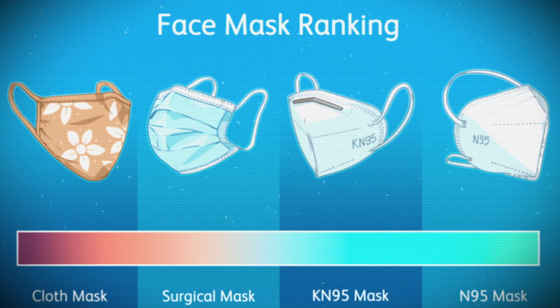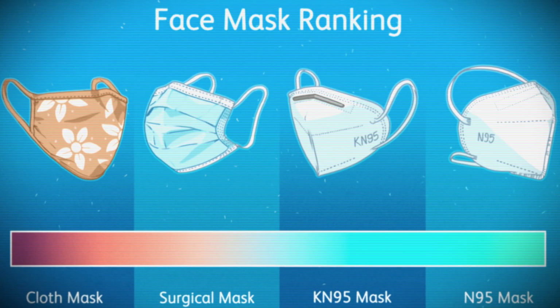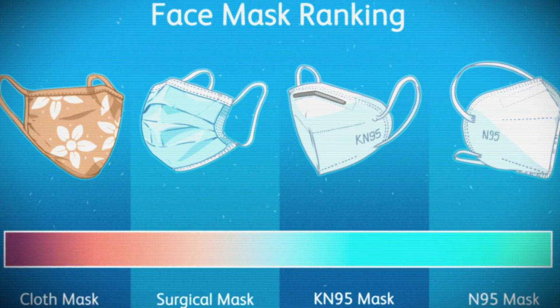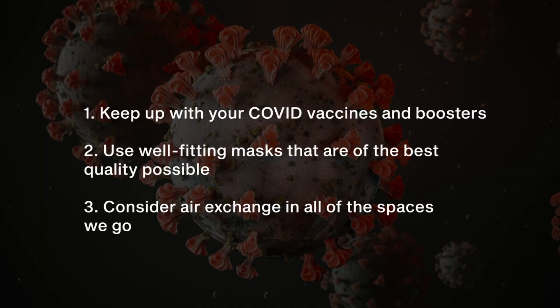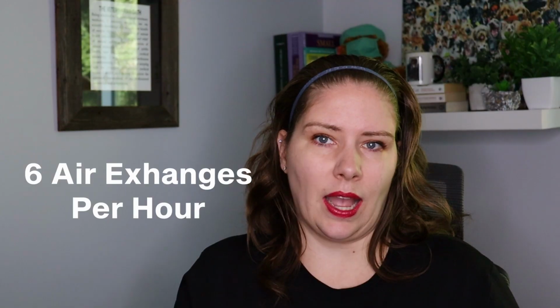However, even a non-fit tested N95 is going to offer way more protection than a surgical mask or a fabric mask would. Third, we need to be considering air exchange in all of the spaces we go into. It's recommended to be achieving at least 6 complete air exchanges per hour. This is because we know that the virus does hang in the air after a person has breathed in that